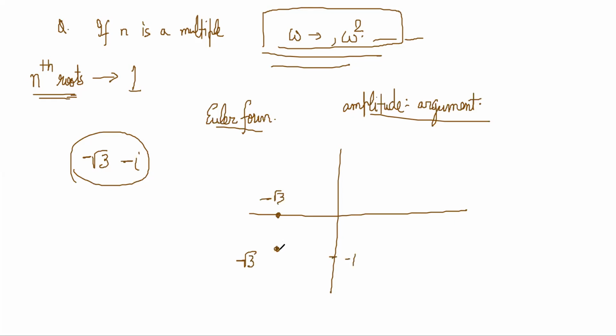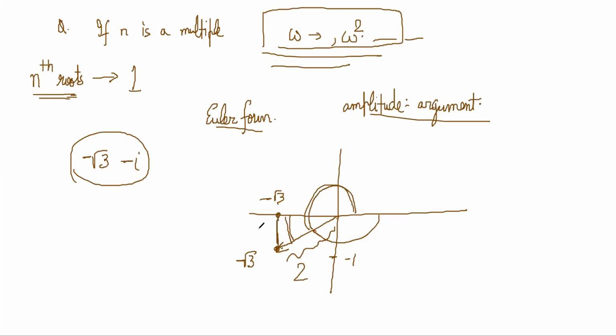This is the point. So your complex number is this, origin to this vector. Clearly the mod is very easy to find, the distance to the origin. It's 2. But the angle is coming bigger than 180, right? So just 2 pi minus. Don't remember any formulas, just this, right? So what is this angle? You have to first decide.